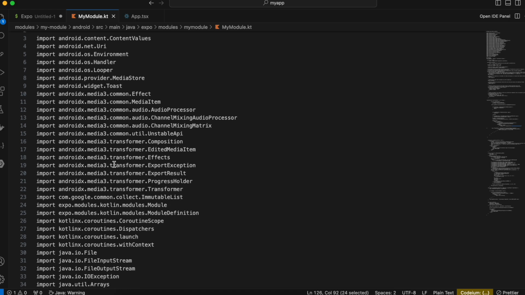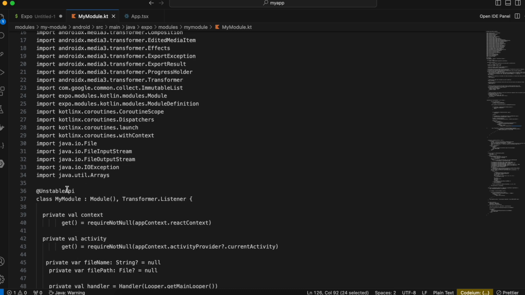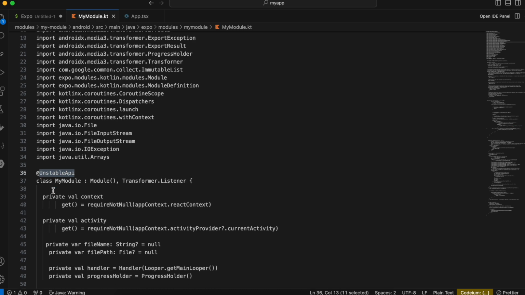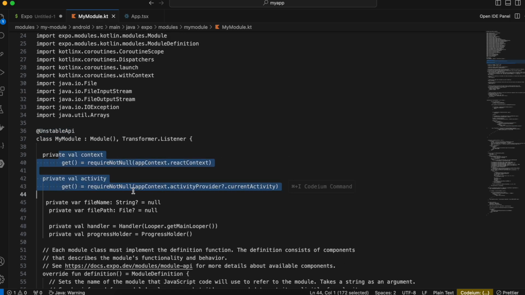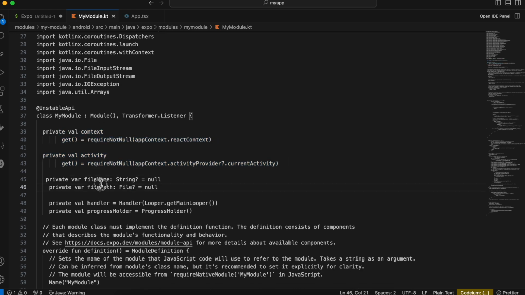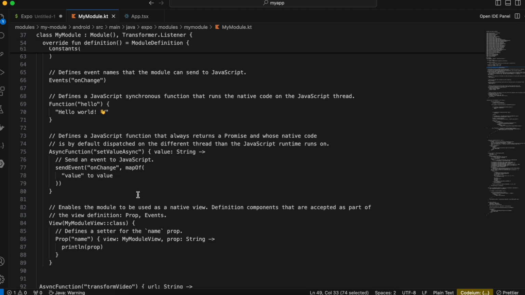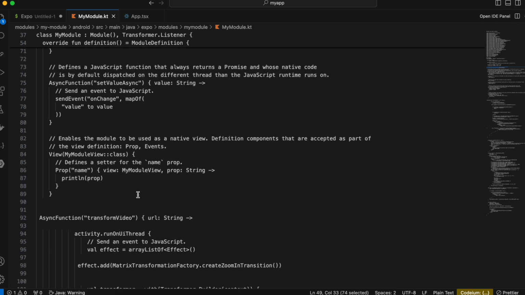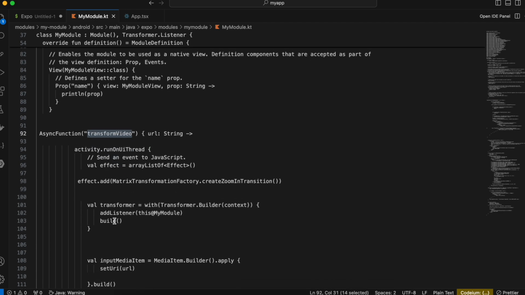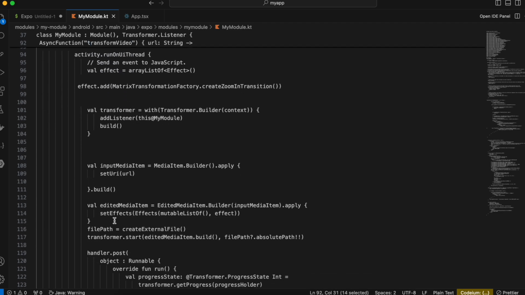So these are all the imports which I had. Okay, then this was we annotated it with unstable API. Here is our context as well as activity. This is the file name, file path, handler as well as progress holder. Okay, I'll just scroll down. Then here we created this async function of transform video, which I just showed you guys right now. Okay, again I'll just scroll down,